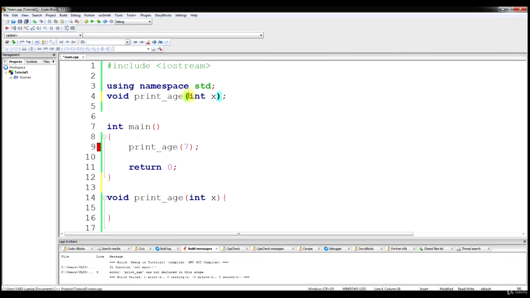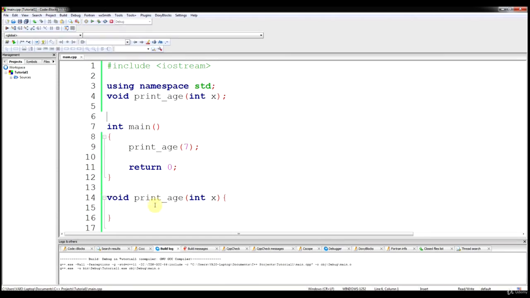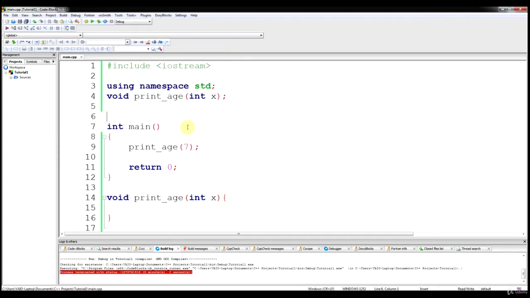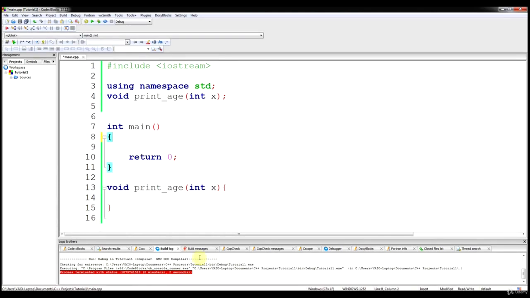So we're going to start prototyping our functions from now on using this method instead of declaring our function above main. If we run it right now, you can see everything works fine because we've prototyped the function. But let's move on to what we actually came here for, and that's to learn what passing by reference is. So we have this function called print age. What we'll do is we'll just say